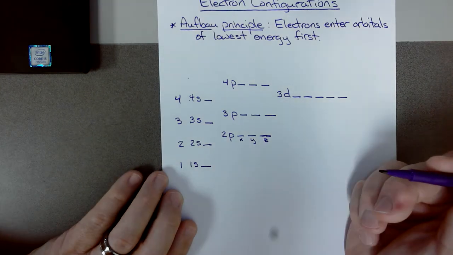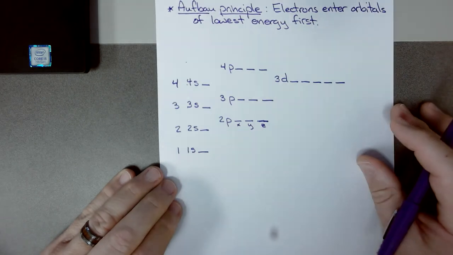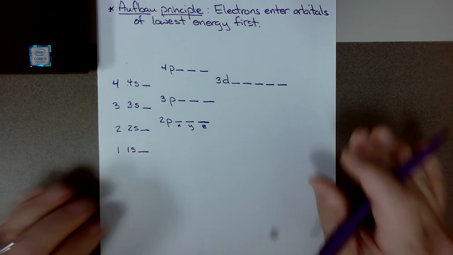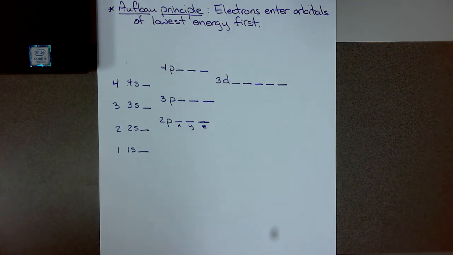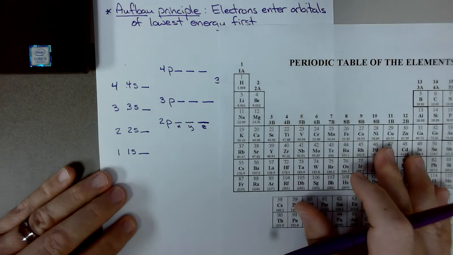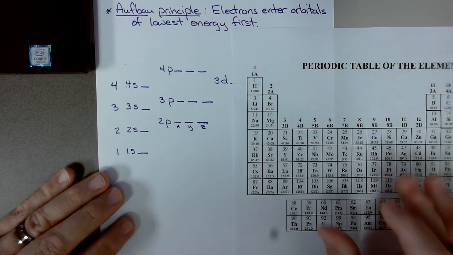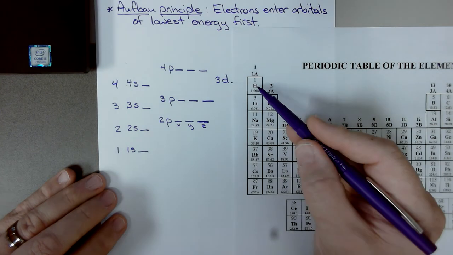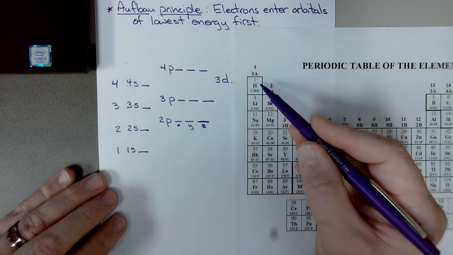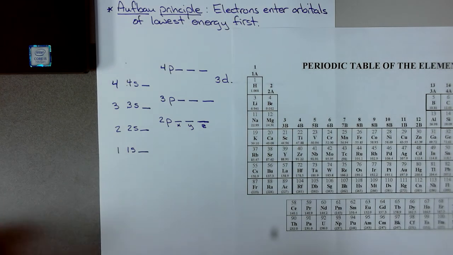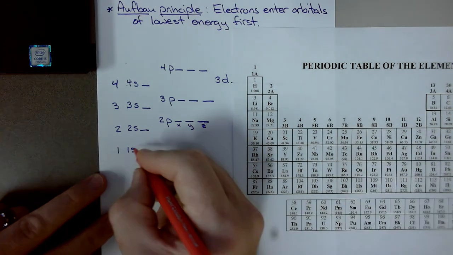So if I were to look at a periodic table, let me see if I can put one to the side over here so that we can see what's going on. We'll just start here. If I use the blocks, each square to represent an electron, we can say that hydrogen has one electron,